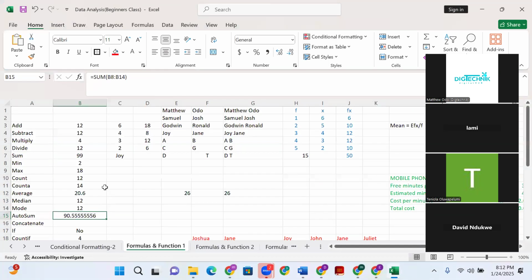This is where we stopped last class. In our last class, this is where we stopped. And I will start from here now. If you have a question, kindly drop it. I will check and I will answer. So let's move on. We stopped at sum. How to use sum? You say